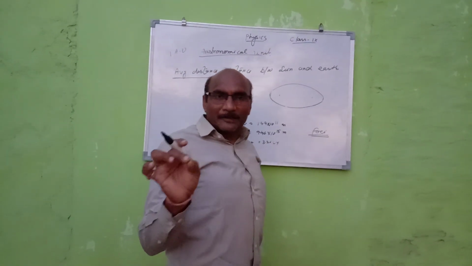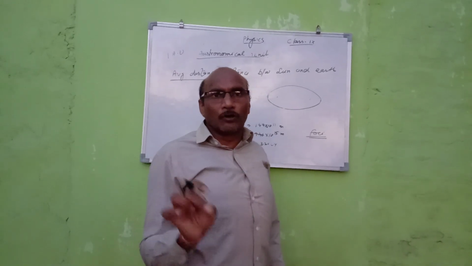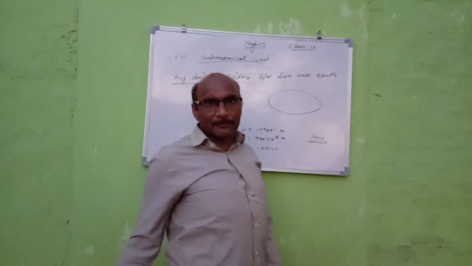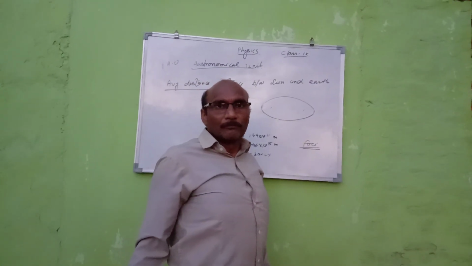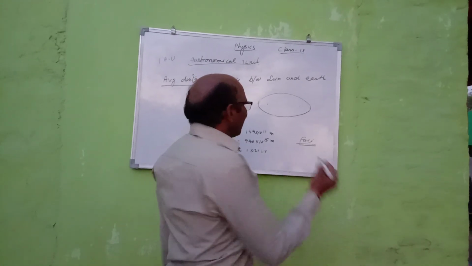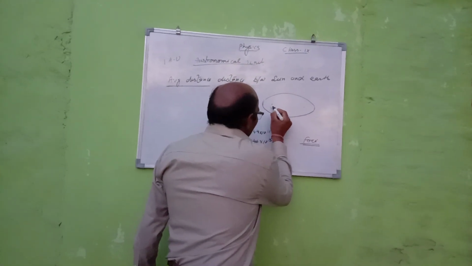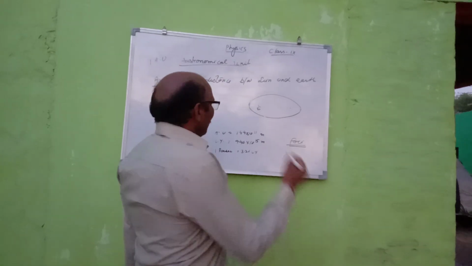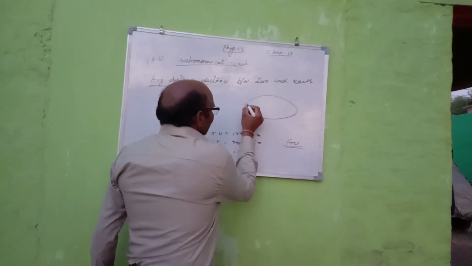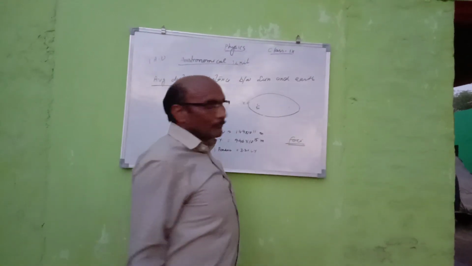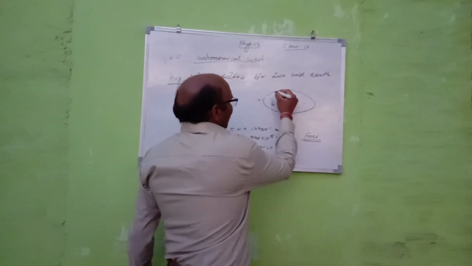Again, Kepler stated in his first law, all the planets revolve around the sun in elliptical path in which the sun is always situated at one of its foci. Let's say the sun is here. Now let's come to the term average distance. Let at one time the earth be at this point, suppose this is X. Again, obviously the earth is revolving around the sun.